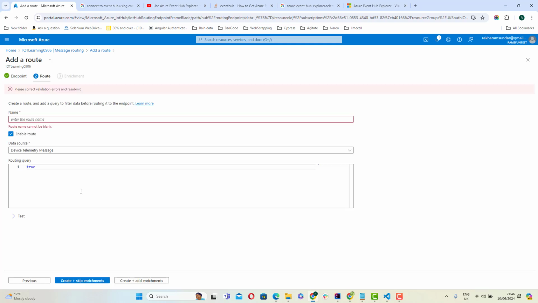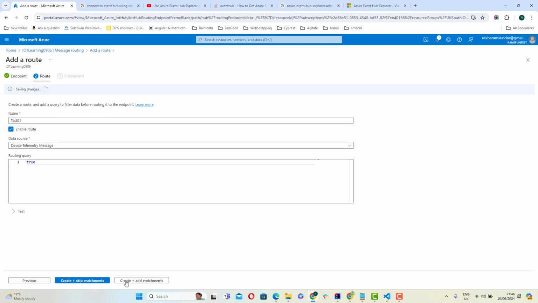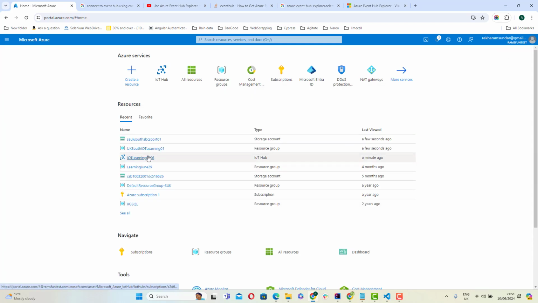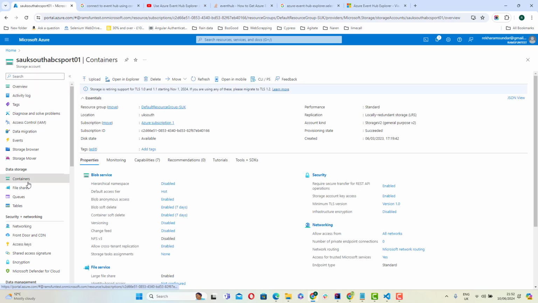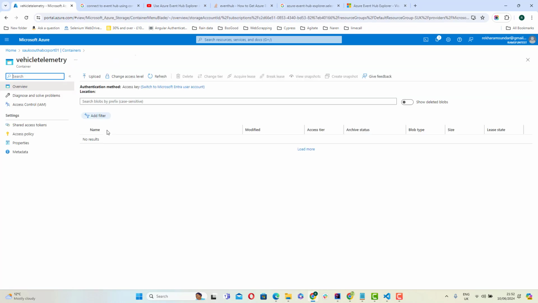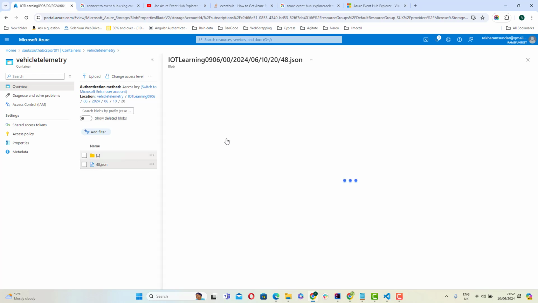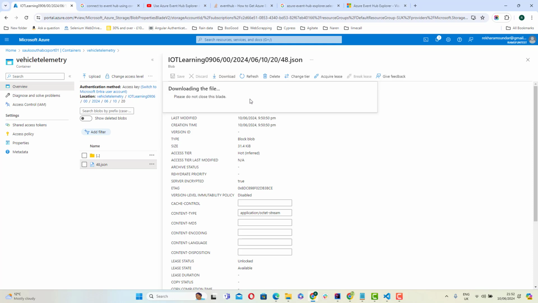I'm just skipping the enhancements basically. Just given a name. So let's navigate to the Azure storage containers, and if I navigate to this one, you can notice if I go to the containers and then go to vehicle telemetry, I've got two folders here. This is the one that I'm right now using. Then I go inside 2024, 6th month, 10th. And if you notice, I've got a file here. So if I download this file,